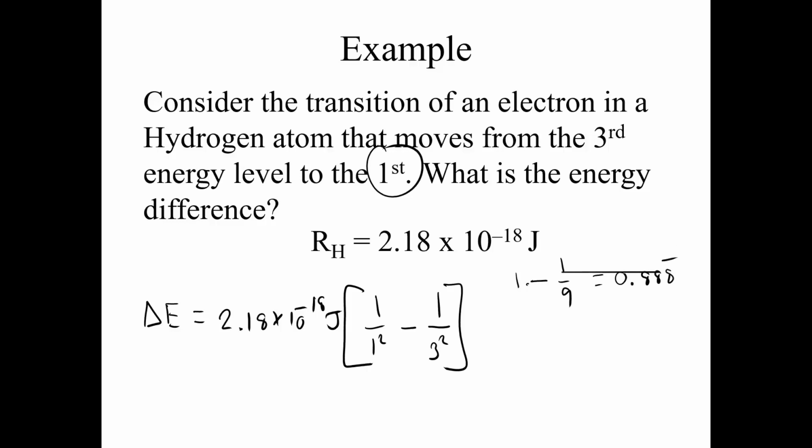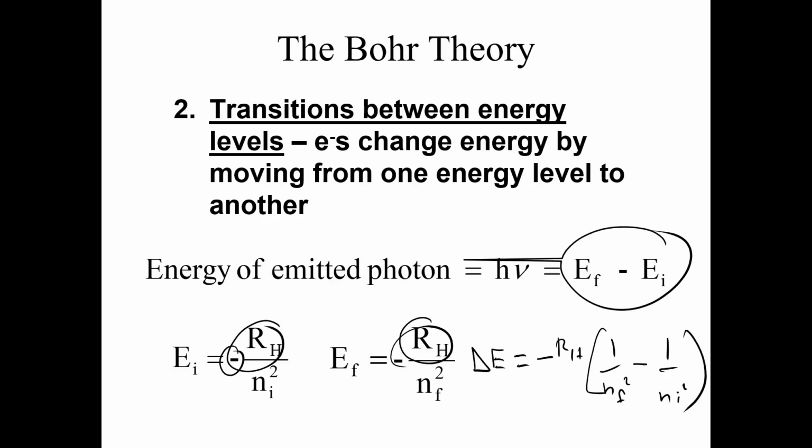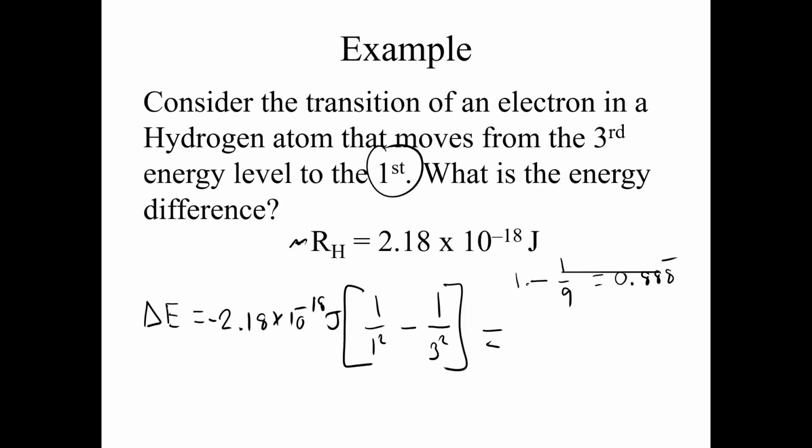0.888. And if you multiply the two, you get, I'm sorry, this is negative, of course. The equation is negative RH, right? Okay. So it's right here, negative RH. I forgot that. So that's important because we're releasing energy, right? So it's minus 1.94 times 10 to the negative 18 joules is the energy given off,